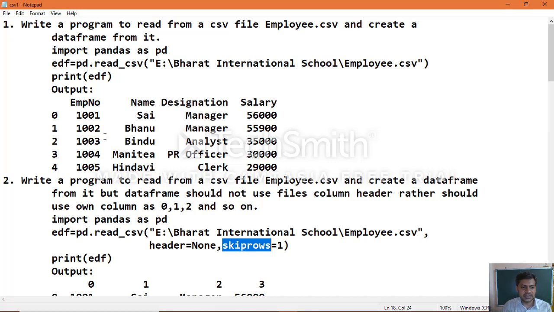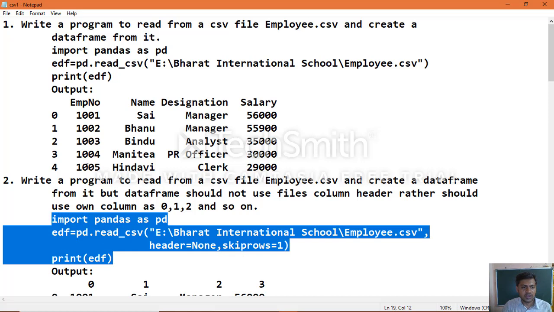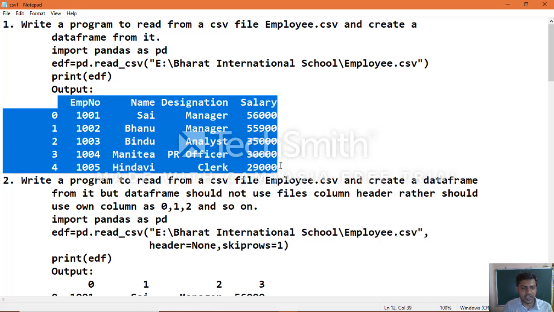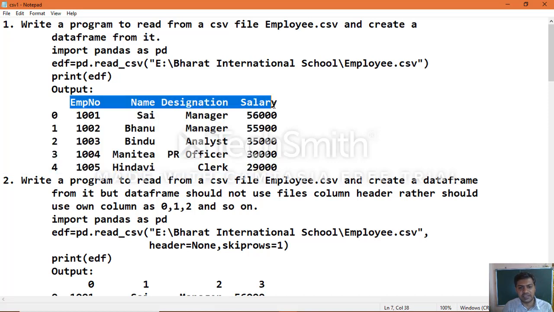Now once you execute this application, the column headings in the data frame output we executed earlier will be replaced with 0 1 2 3, and the top row will be skipped from the CSV file when it is written into the data frame object.